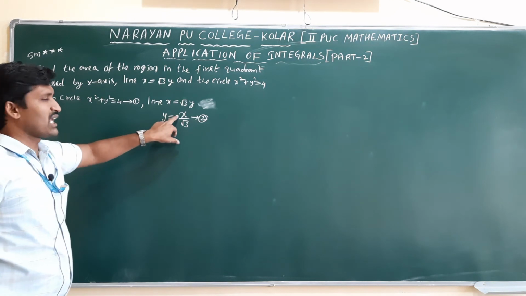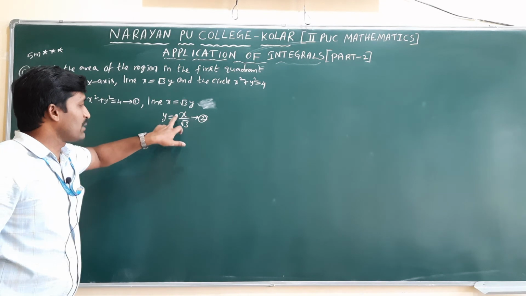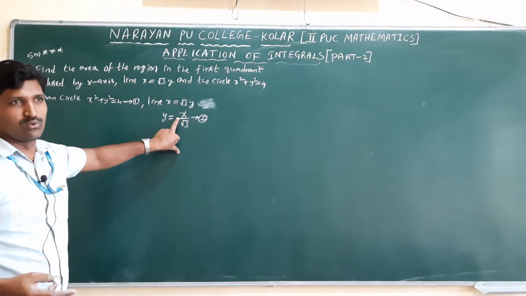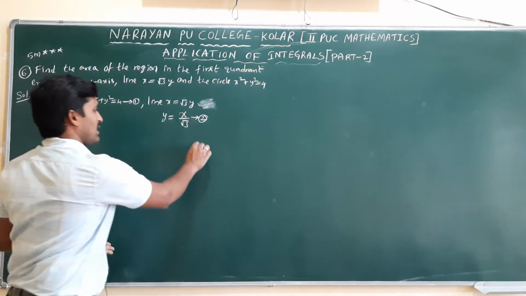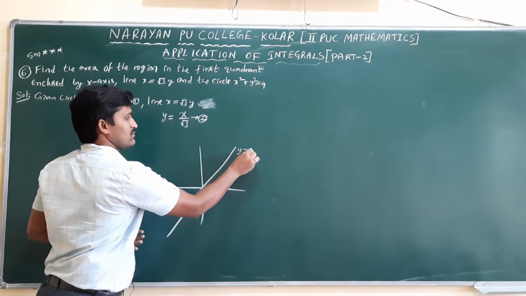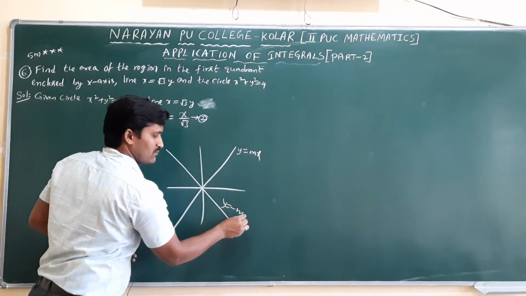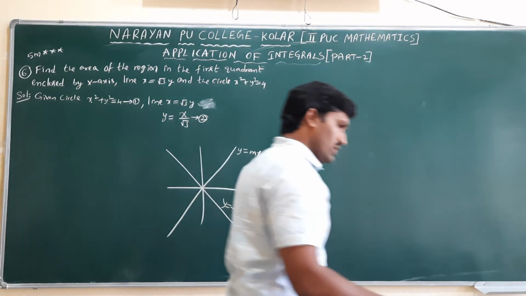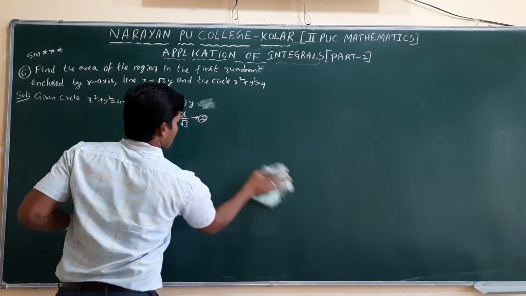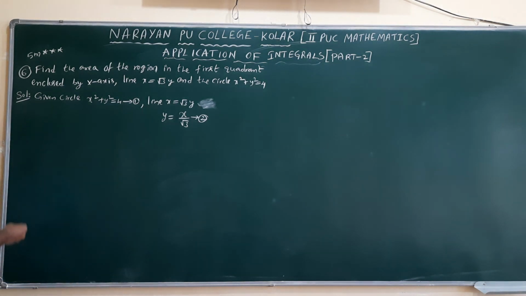This is clearly in y equal to mx form. y equal to mx always passes through the origin. When m is positive, it passes through the first quadrant and third quadrant. When m is negative, it passes through the second and fourth quadrants. When m is positive, the line will come like this: y equal to mx. When y is equal to minus mx, this is the line. Okay. These terms we need to remember, already discussed in straight lines in first year. Now we don't know the points of intersection of these two. We need to find these. How to find?